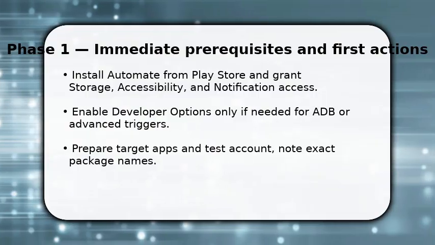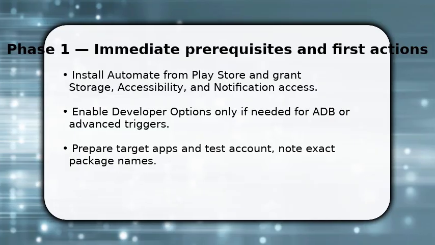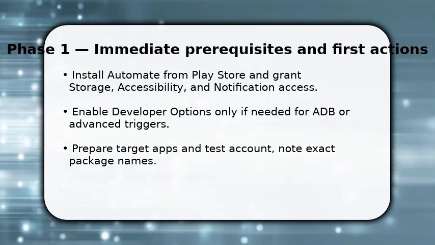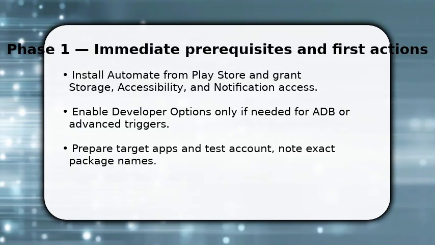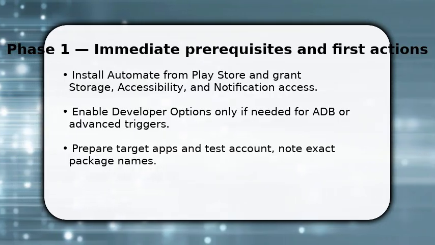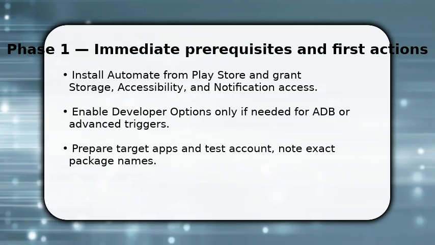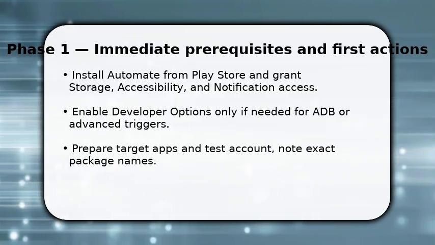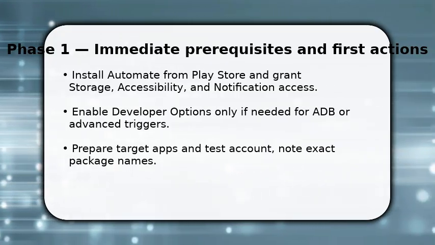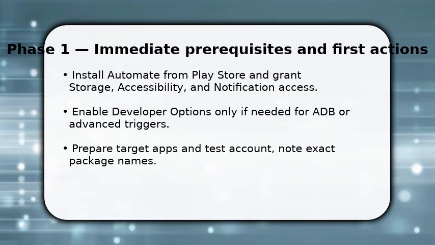You start now. Install Automate, and grant storage, accessibility, and notification permissions so flows can interact with the device. Once done, make sure target apps are installed and note their package names. This avoids guesswork later. If you plan to use ADB for device-level automation, enable developer options and USB debugging, only